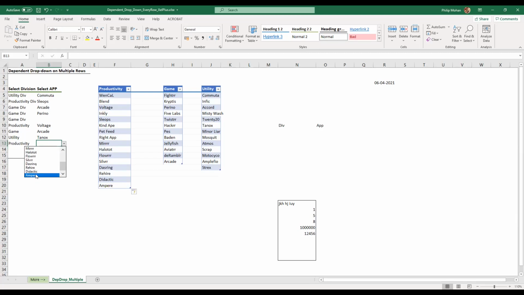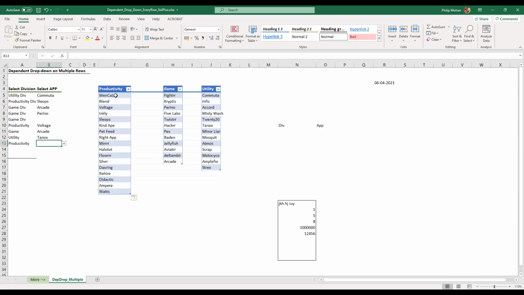See, this is the advantage of a table. If you add an item, it is automatically included wherever you might have referred to this particular table. Now let's say I put watts. Now I added one more record. Mind you, the original name is still having only up to here, maybe, I will go and check. So now under productivity, I'll get all the way up to watts.